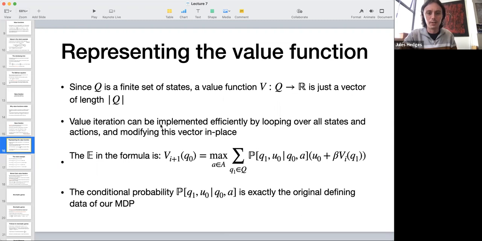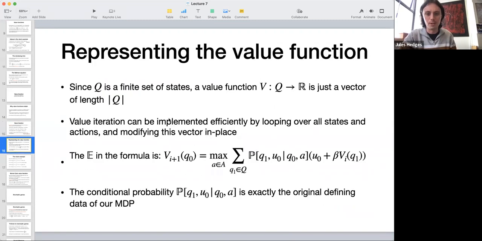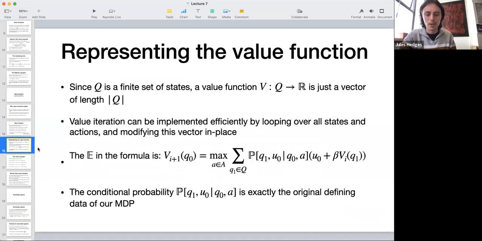Value iteration, like this procedure, we can implement this very efficiently. All we have to do is loop over all states and all actions, and then we can just modify this vector in place. The only potentially nasty looking thing in this formula is the expectation, but we can just expand that out